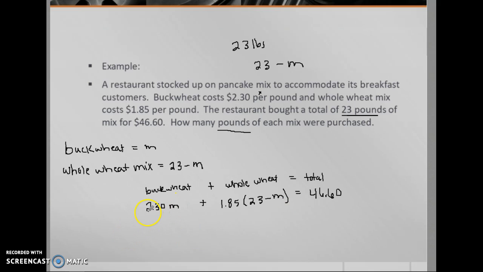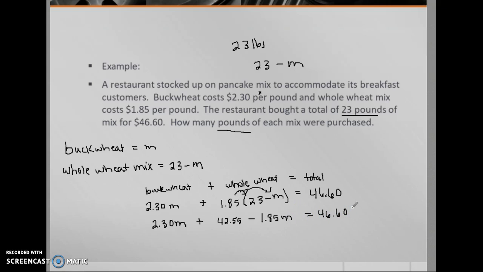So again, this equation shows the price of buckwheat times our number of pounds of buckwheat. And this one shows our price of whole wheat times our expression for our number of pounds of whole wheat. Now we can just solve our equation. So start off with our distributive property here and multiply that through. So we have 2.30 m plus $1.85 times 23. That multiplies out to be $42.55. And then $1.85 times m would be minus $1.85 m. And that's set equal to